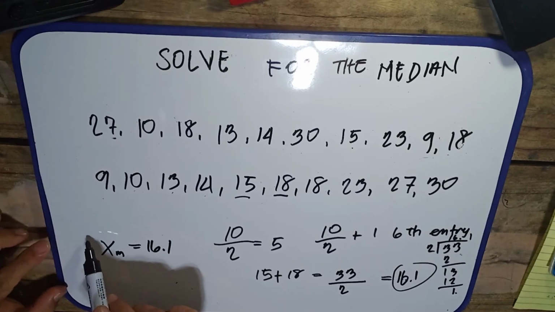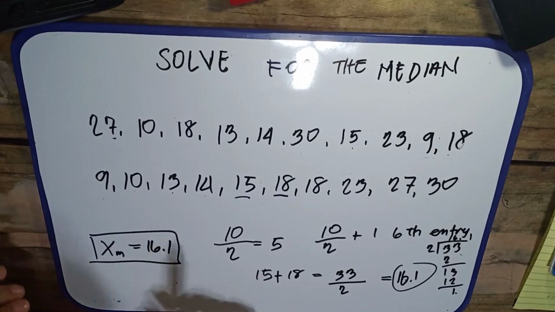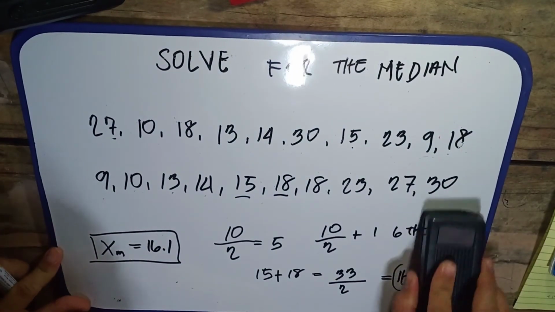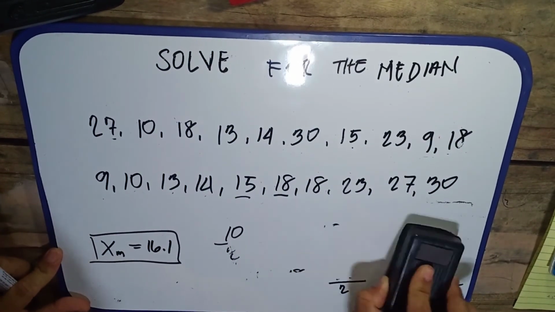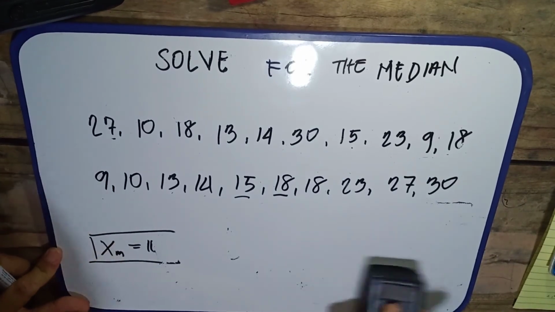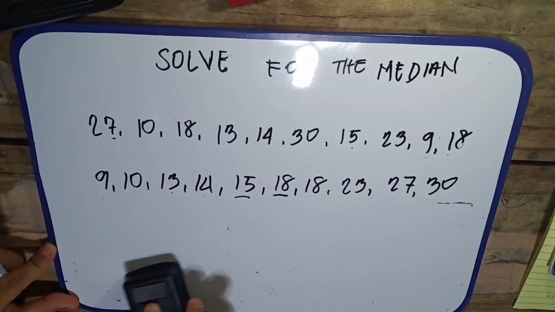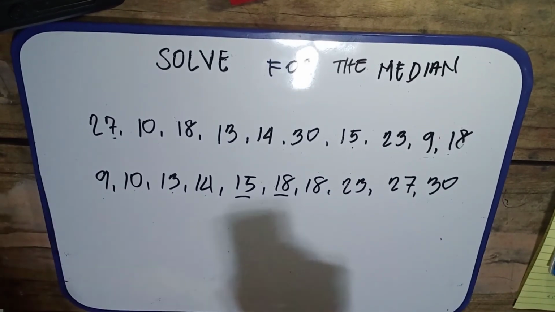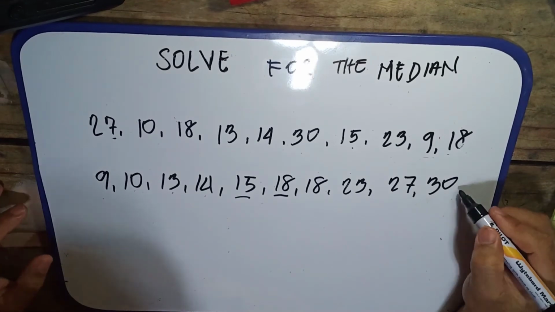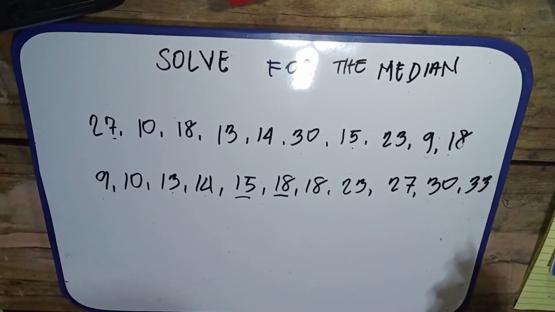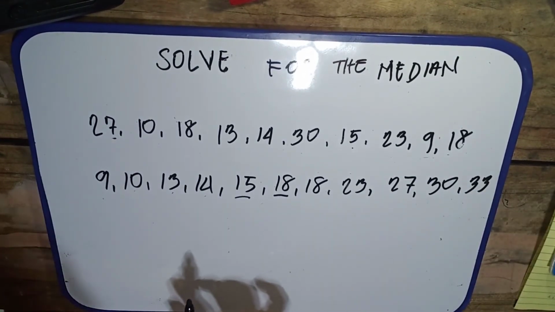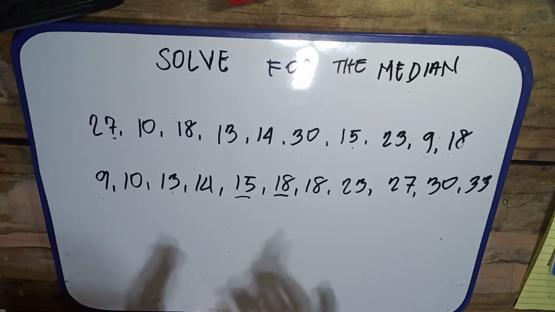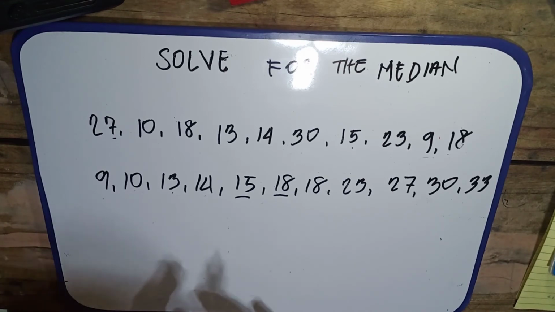So alright, so what if, guys, I am going to add numbers here. So I'm going to add 33. What will happen? So we must always remember the rules that if